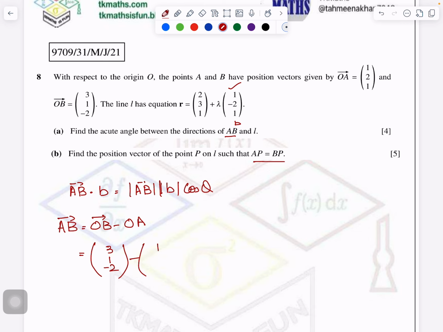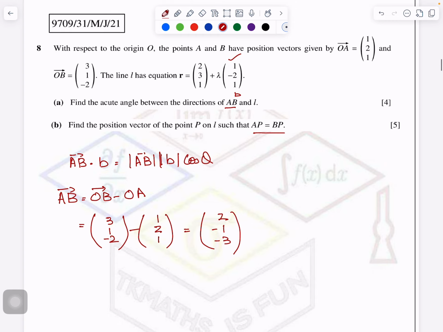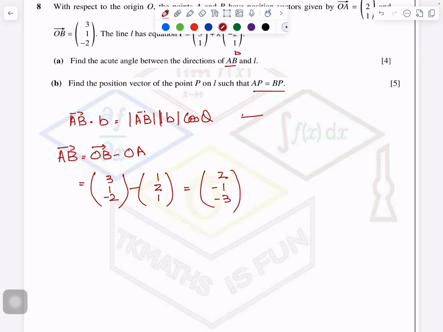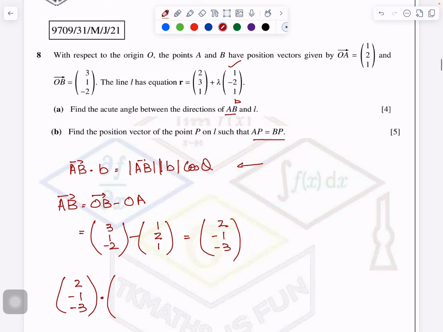And OA is 1, 2, 1, which is equivalent to 3 minus 1 is 2, minus 1, minus 3. So this is your vector AB. And the direction vector of the line is 1, minus 2, 1. So let's substitute here in this formula. So it will become 2, minus 1, minus 3. Direction vector is 1, minus 2, 1